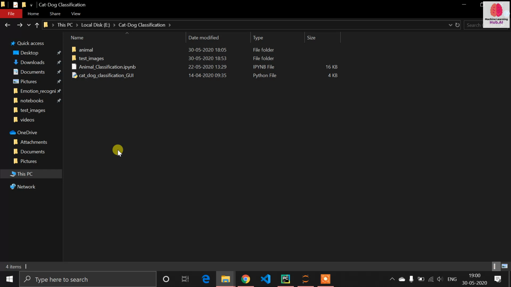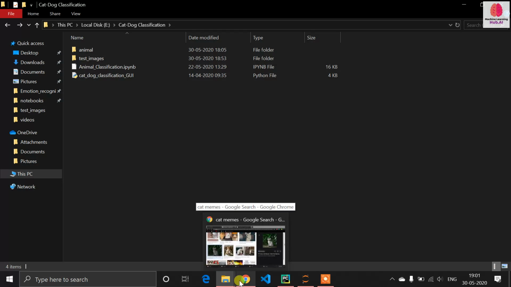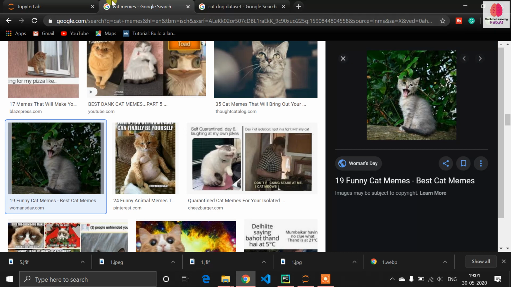Even we can implement this with all the images using SVM, but it takes too much time, and at the end we will not get better accuracy and better prediction. But we can implement this with SVM also. If you have an image data set with almost 200 or 300 images, then you can choose deep learning. But instead of deep learning, a machine learning algorithm is the best if you have a smaller data set. So you can use the SVM algorithm. You can even use a decision tree, but in this video I am showing you SVM.